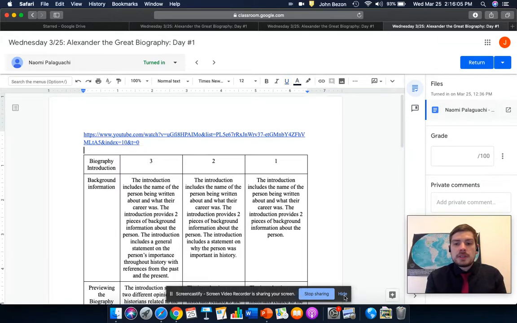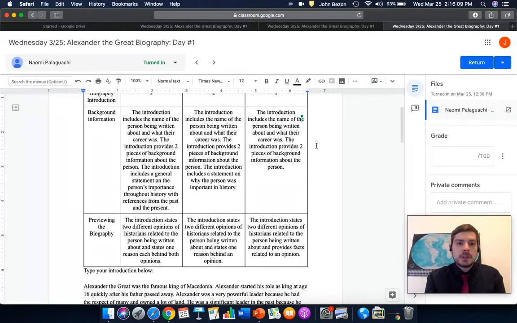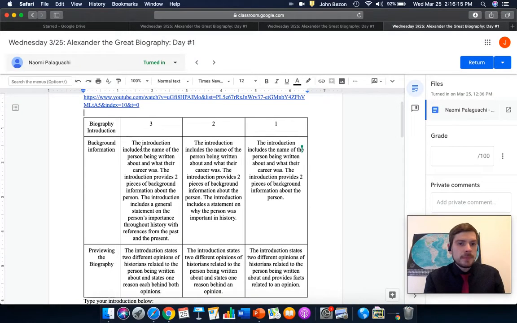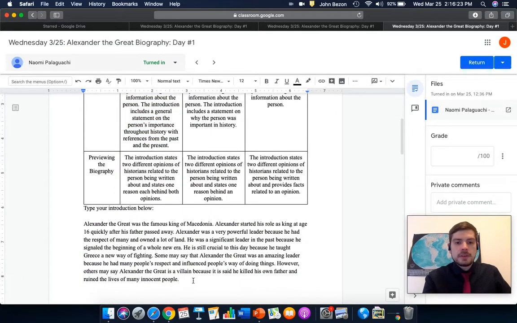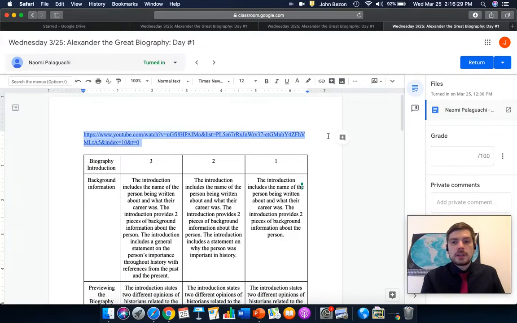This is what the teacher side of Google Classroom looks like. So I have her assignment here, and all I do when I grade these assignments is I take the rubric and I read through the writing, and I check off the different parts of the rubric that is being accomplished. If I notice right off the bat that the writing is way off task, it's not even close, what I would do is highlight something up here and I would write,